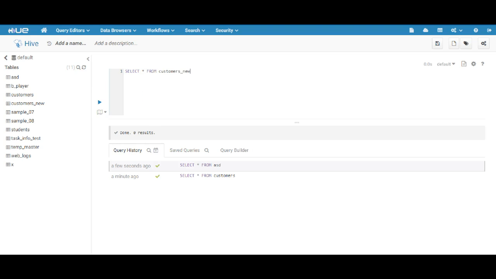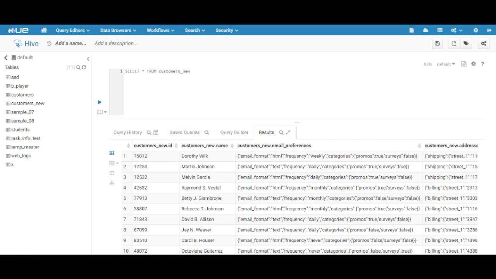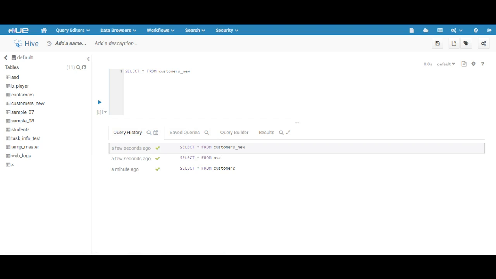So let's select from another one, like customers new. When I run this query, this shows now it is available. Now in the query history we can see that whenever there is a flight sign, that means query is running, and after that we have the results available. So this is the format. Similarly, we can apply anything, like we can sort, we can cluster, we can distribute, we can left join, anything. Like I can sort by addresses, sort by name, string,